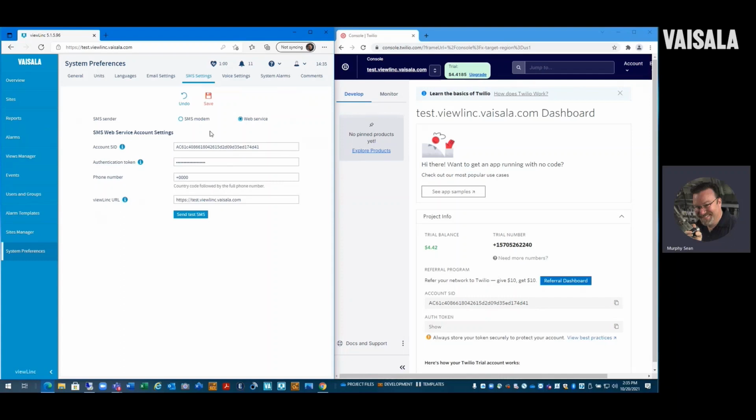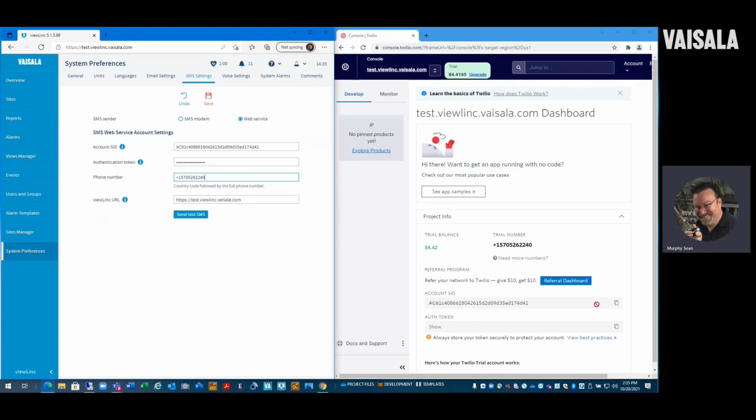As you can see, I've already set this up in the past with information that's already been used. So it's populated with some information. By default, yours will come with nothing on it. It'll be empty. So I'm going to paste the telephone number that was given to me from Twilio in this